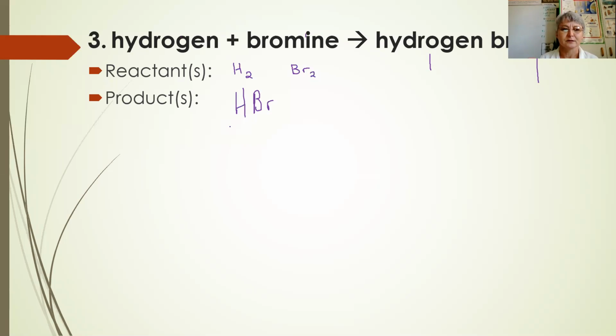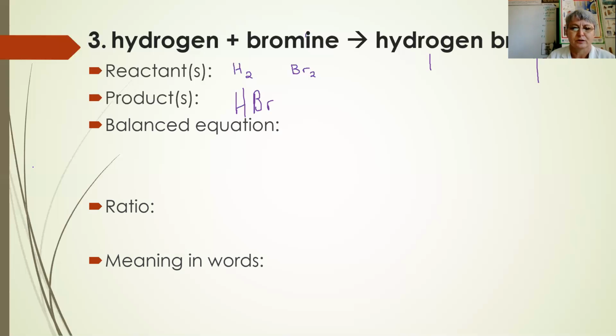Next, we would look at the reaction equation. And then the ratio and the meaning in words. For writing the balanced equation, we start with the reactants on the left-hand side of the arrow. H2 and bromine would form hydrogen bromide,